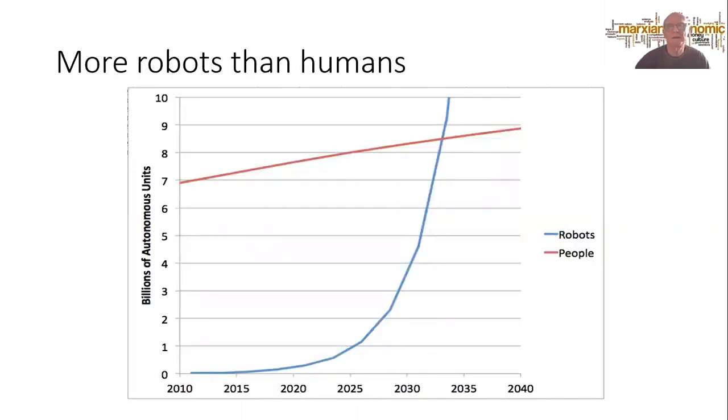And it is expected that in the next 10 or 15 years or so there will be more robots in the world than people, who are about 8 billion now, and that will get up to about 8.5 billion, and that's when there'll be more robots than human beings. Sounds a frightening thought, but I have good news for you: robots don't last very long. On the whole, robots last only about 10 years, while those of you who are watching this session, I'm sure, are going to last 80 years or more.